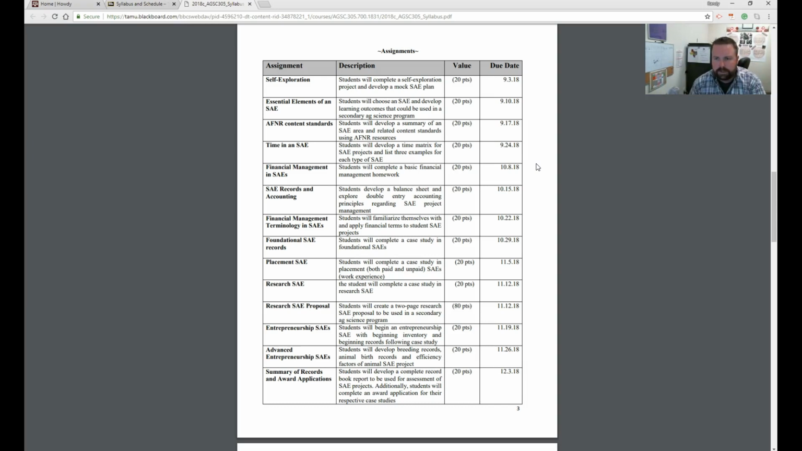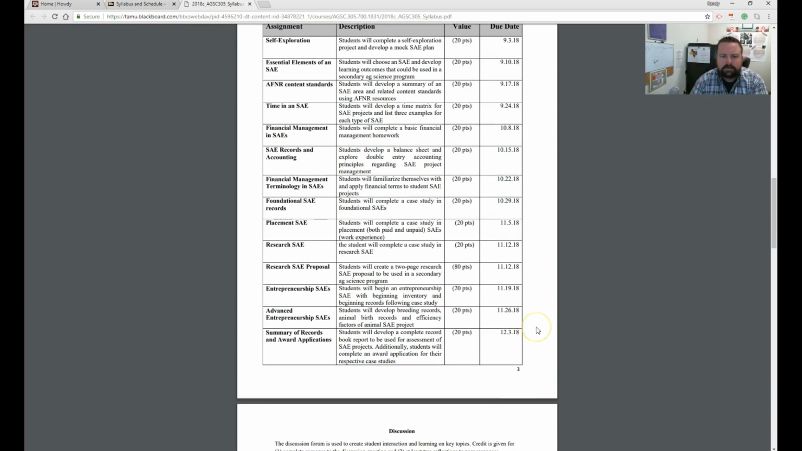All assignments will be due at 5 p.m. on Mondays. These dates right here happen to be Mondays throughout the semester. 5 p.m. Mondays is the time frame for turning in your assignments. Please note that